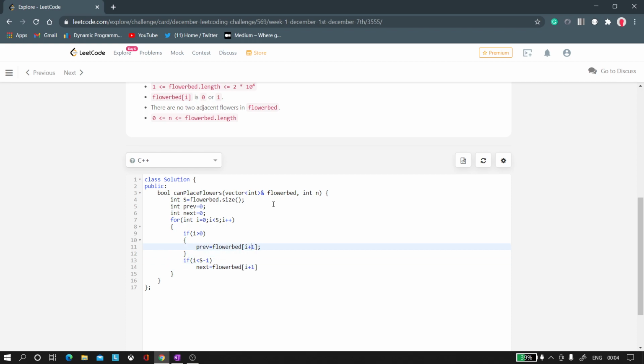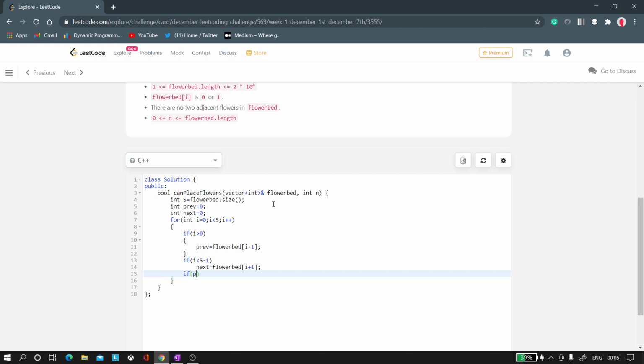Here it would be i minus 1 because we are going to the previous position of the array. And we have handled this. These are the two edge cases which I'll be telling you in just a few moments.